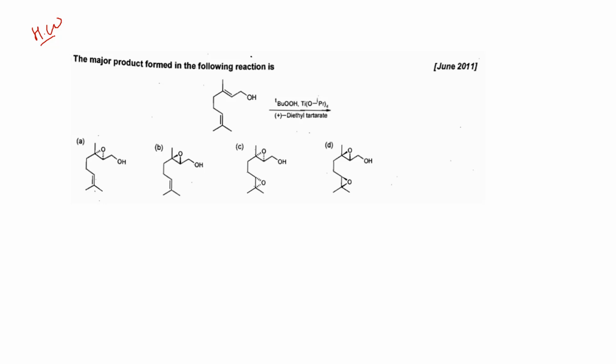There is a very short trick where just by seeing the substrate and your reagents you can predict whether the epoxidation will be above the plane or below the plane. We will discuss the mechanism as well as the trick to remember how we can determine if the product will be above the plane or below the plane, because sometimes we get confused. For this substrate it will be above the plane, for this substrate it will be below the plane, so how can we get that? So we will discuss the trick also. So this much for today's class.